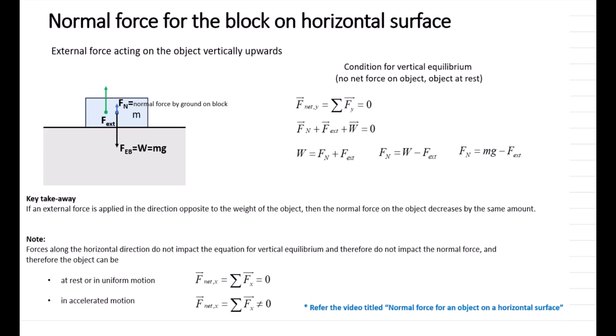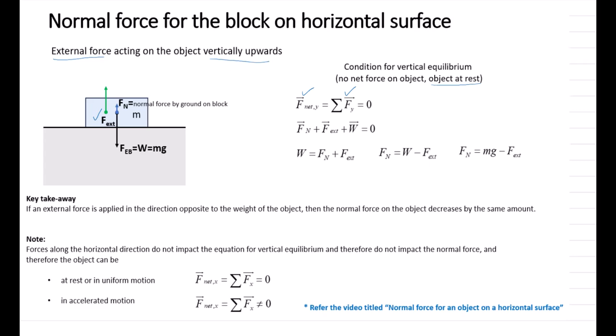So the additional condition given here is the external force acting on the object is vertically upwards. So this is the external force acting on the block, which is on a horizontal surface or ground. And let's see what are all the forces acting on the object. For vertical equilibrium condition to be satisfied, which means there should be no net force on the object in the y direction, and we are assuming that the object is at rest, the sum total of all the forces, the net force on the object in the y direction, represented by sigma of all the forces Fy, should be equal